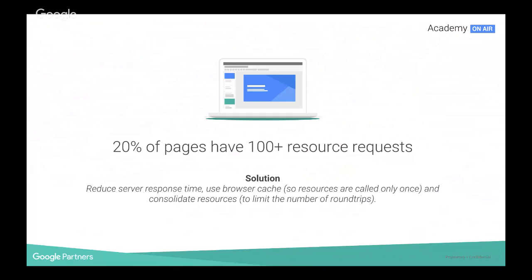But basically, it's the number of times the user's device needs to interact with your servers to gain various resources and make up the entire web page. So the lesser number of resource requests that you make, the easier or the faster it is for the website to load on the user's end. So just make sure that the resource requests, and this is something, again, if you speak to a developer about, they'll immediately get it, that the lower number of resource requests you make, the faster will be your load time